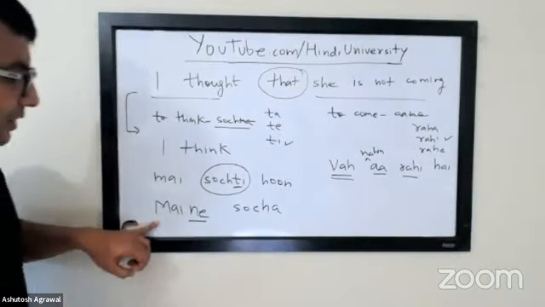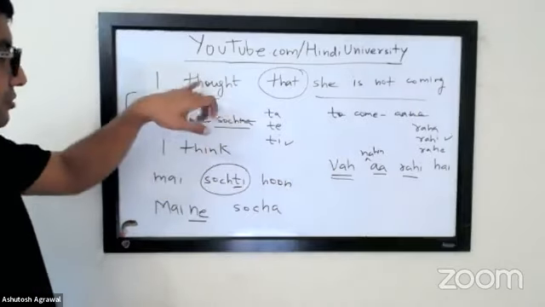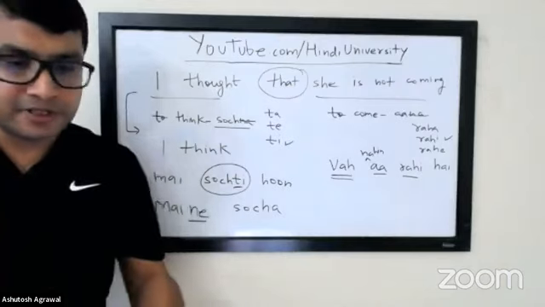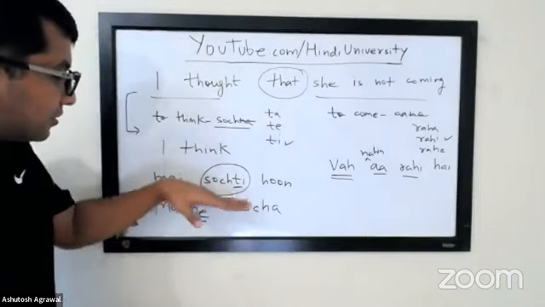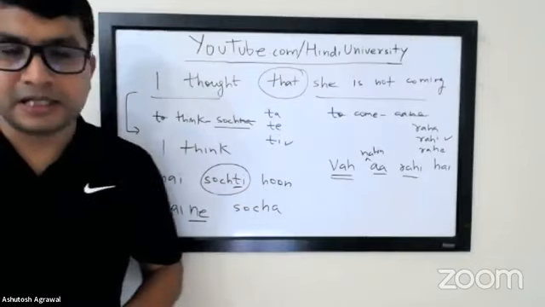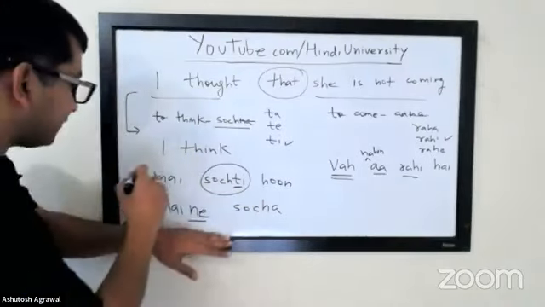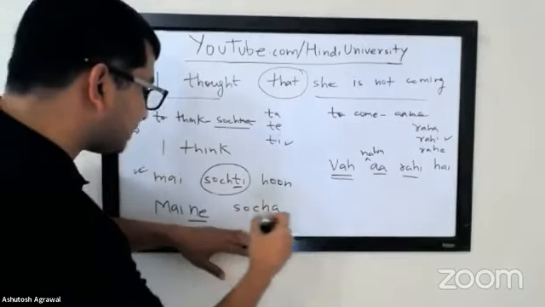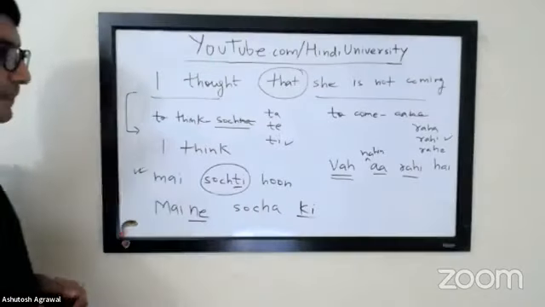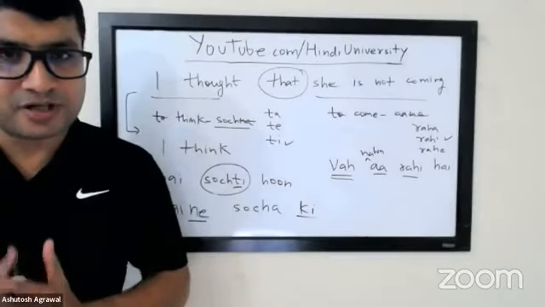Okay, we will come to that. But right now, great job. The purpose is not to literally translate it. The purpose is that you were able to immediately go to the zone that you're familiar with, which is मैं सोचती हूँ कि वह नहीं आ रही. I think that she's not coming. So great work there. You can say for past, मैंने सोचा कि वह नहीं आ रही है. Okay, any questions, anyone?